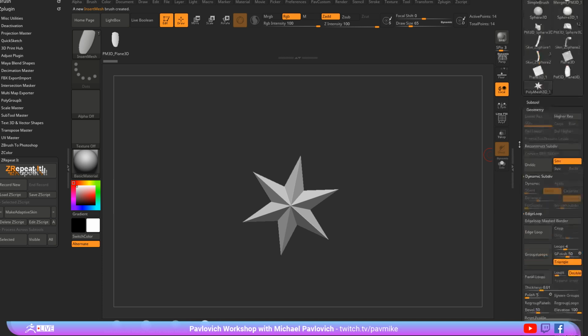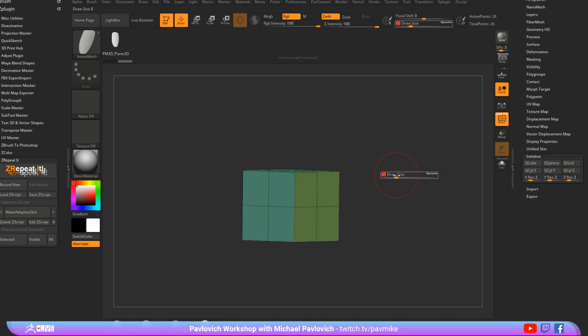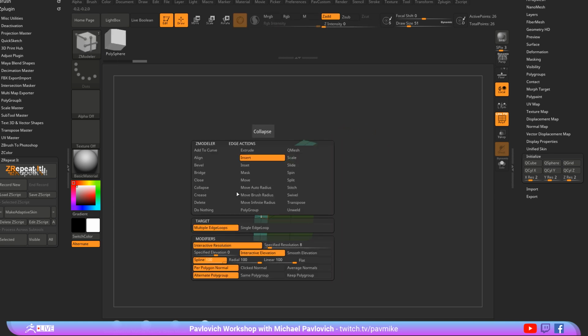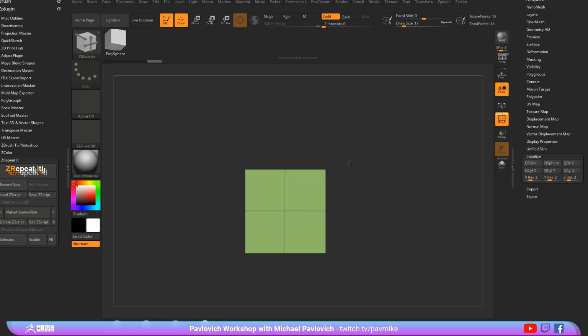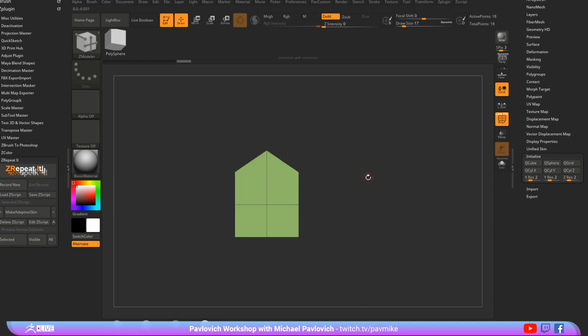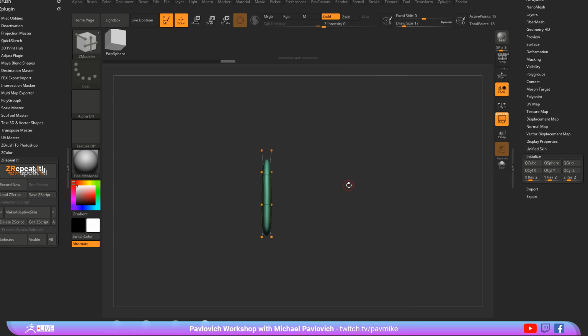Since it's so simple, it's not a real complex shape here. We'll go to initialize, hit Q cube, and we'll go ahead and scale this down in this direction. And let's go ahead and go insert single edge loop, hover over an edge, hold down Alt, and now you can just kind of fashion this into just a U shape like this. And now if we go dynamic, crease level of 1, smooth subdiv of 3, and you know what, let's crease